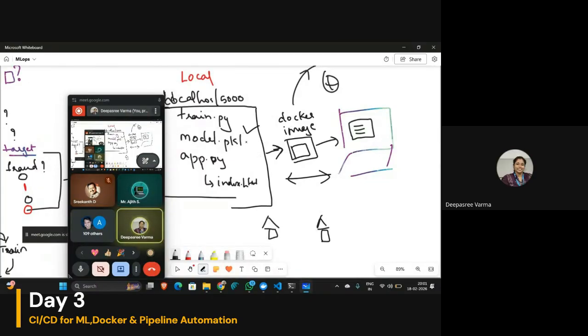The ingredients of the lunchbox are all these files: train.py, app.py, index.html. All the files that we created yesterday will be packaged and sent to another computer, rather than copying all these files to a pen drive and sending them. The idea is clear. What I said is those ingredients help each other to function, right? Exactly. Yes, thank you.